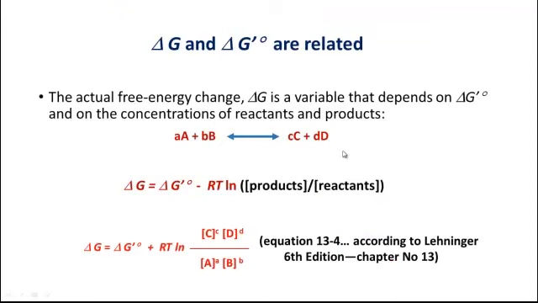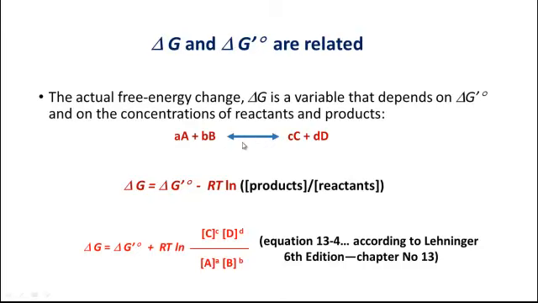Now let's consider this chemical reaction at an equilibrium condition. So what equilibrium means is that at the point of equilibrium the value of delta G is equal to 0. And when the value of delta G is equal to 0, this means that the system is at equilibrium and there will be no more work that can be done by this reaction.